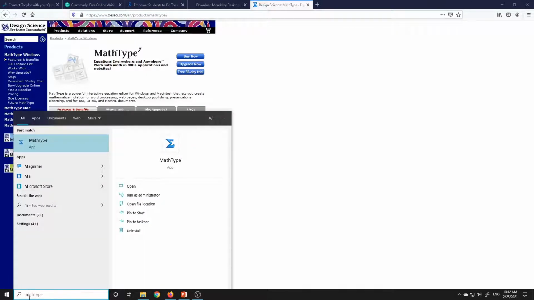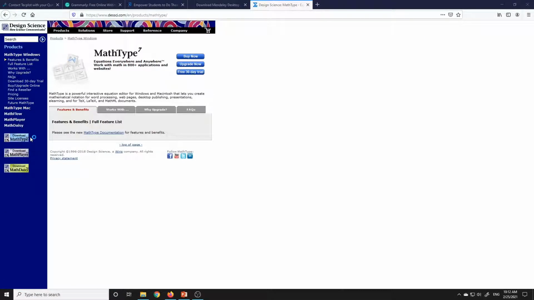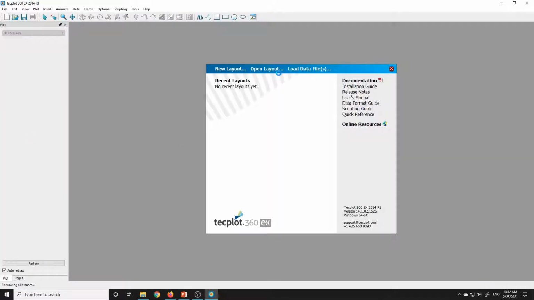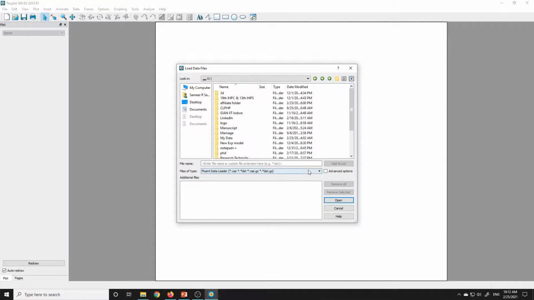I have TechPlot also. First let me show you TechPlot, although I cannot exactly show you what kind of plots it can give, because I already told you this is for CFD also. So see, as you go for load data files, it is asking for these kinds of extensions. Since I don't have any of these, I cannot show you, but whatever you select from here, you will get here, and you have to add it to the list, and it will come here.